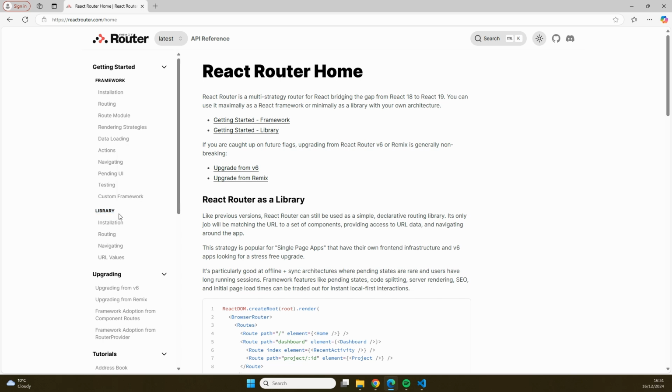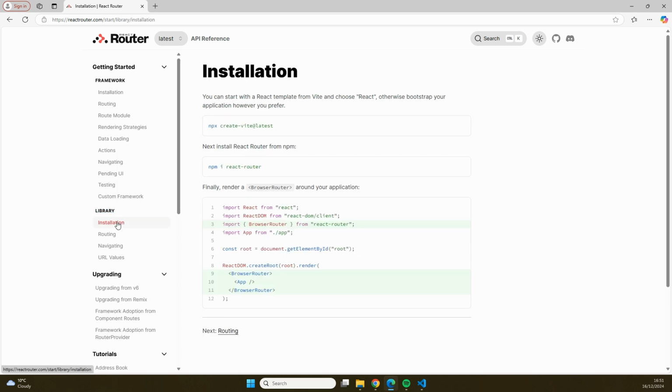So we're going to go to library and then installation. And in here, you can see the steps for using it as a library. Now, the first step is actually creating your app using Vite, and we've already completed that previously. So all we need to do is install React Router using npm install react-router. So we're going to be copying over this code right here,